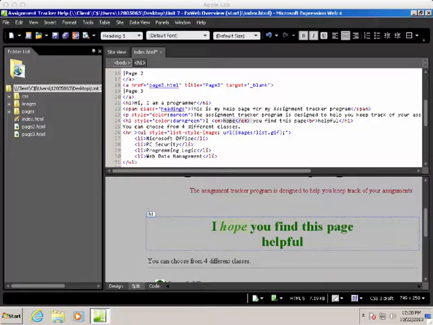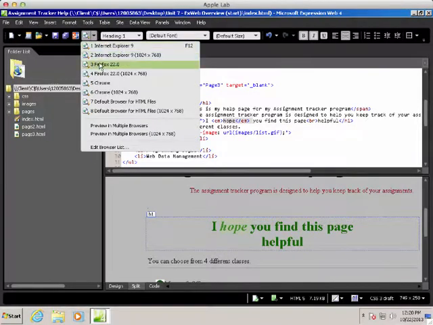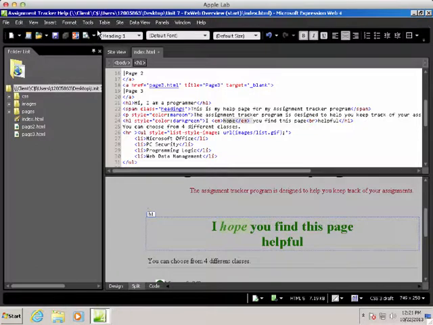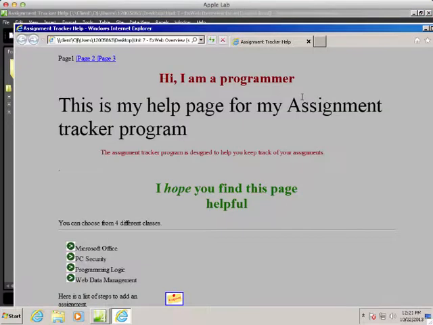Another nice little side benefit, again, not terribly important. Have the ability to preview in browsers, whatever browsers are installed. So I've got Explorer 9 here and Firefox 22 here and Chrome installed. I can preview them in any one of these. Maybe Chrome is not installed. Oops. Let's try Explorer. Okay. So I can preview it just like Notepad++ where you click on the browser that you want and it